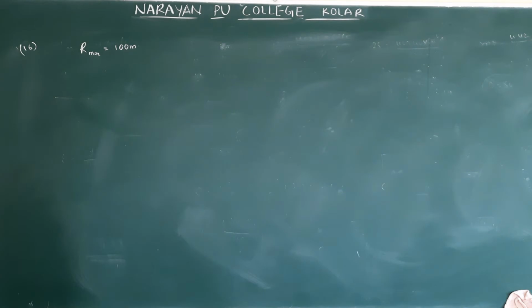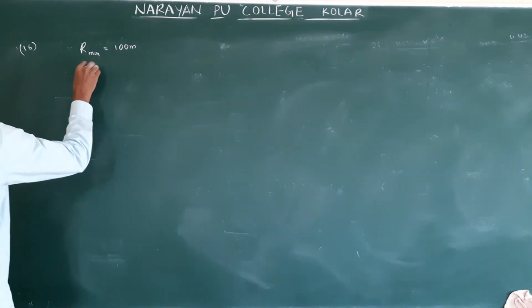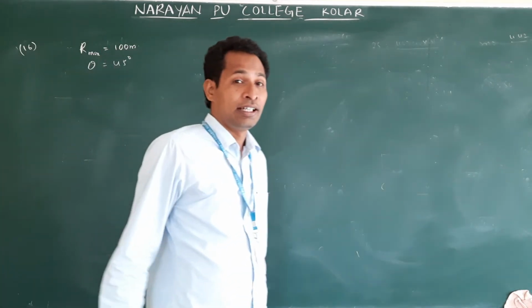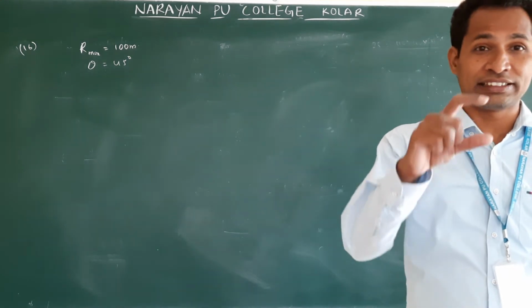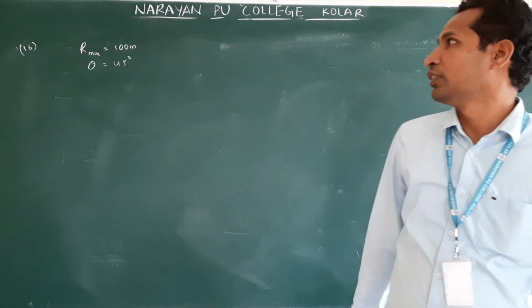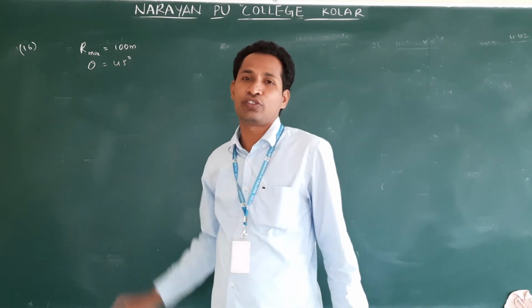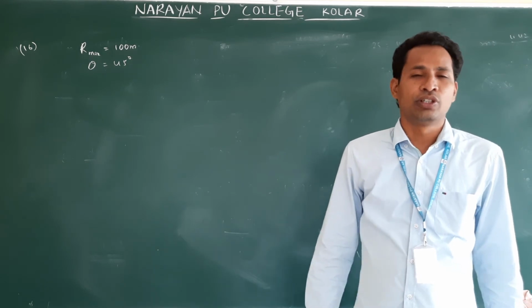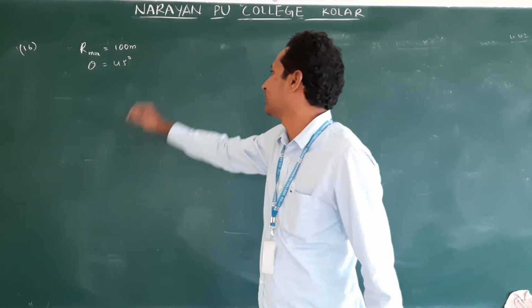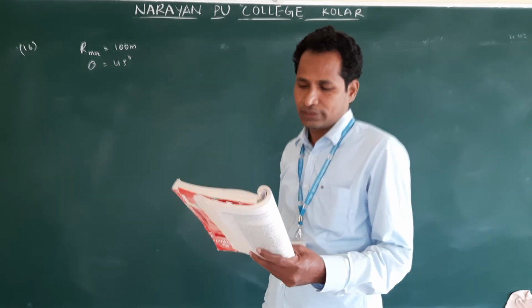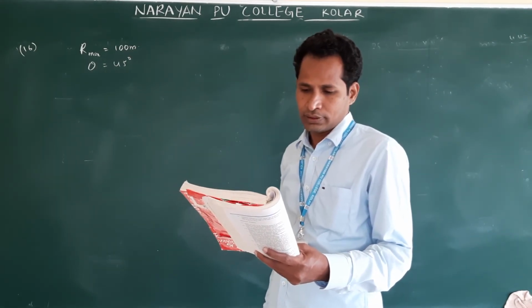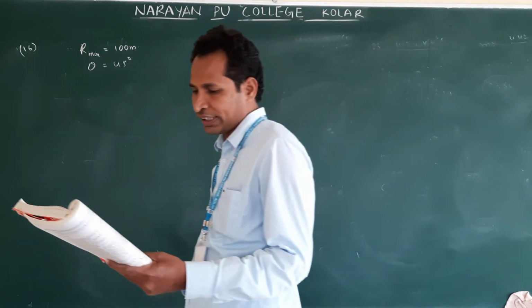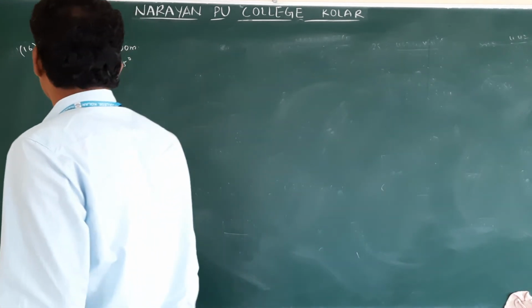When do we get range maximum? For what angle? Theta is equal to 45 degrees. They did not mention theta in that question, but they mentioned range maximum. So using that term, we can understand the angle of projection. Sometimes they don't mention it, so from the information only, we need to find the angle. Understand? Next. This is of the 16th question: how much high above the ground can the cricketer throw the same ball?